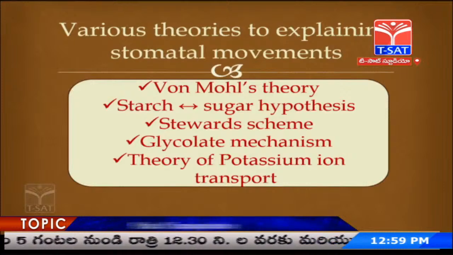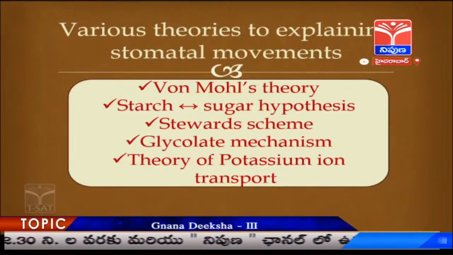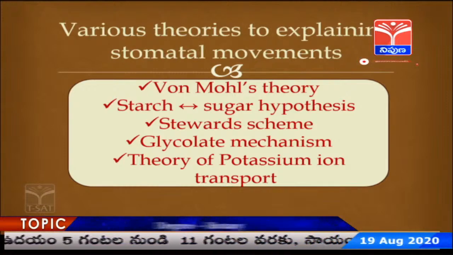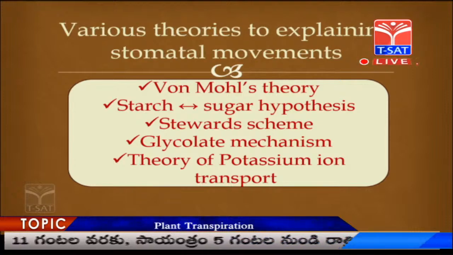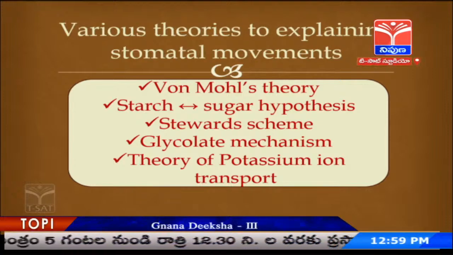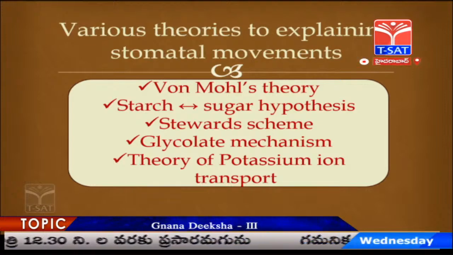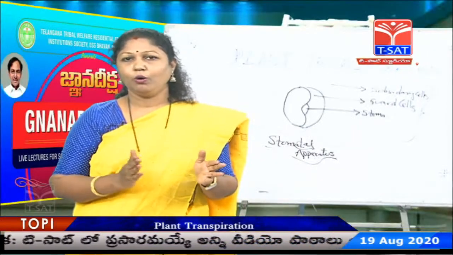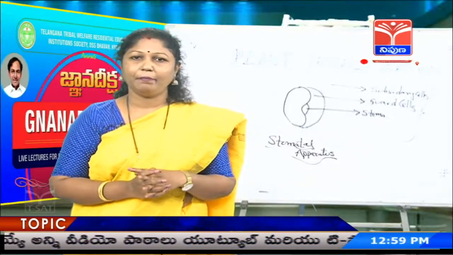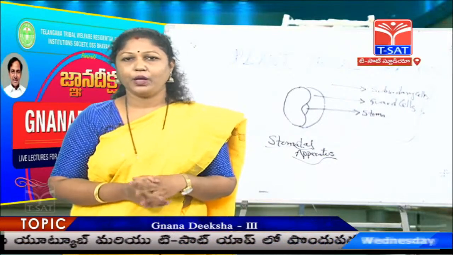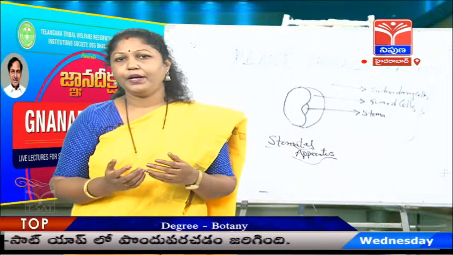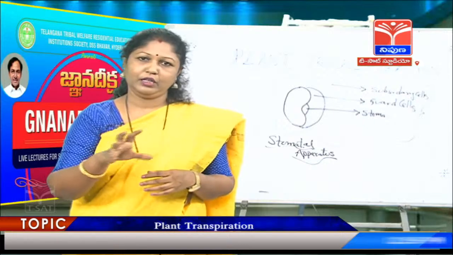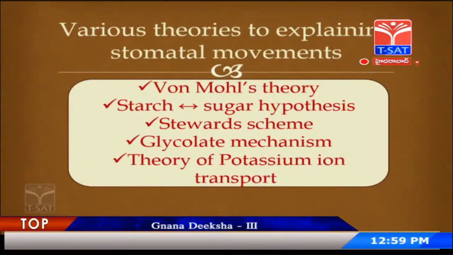Now, there are various theories trying to explain how these stomatal movements occur and at what point of time, because every plant has its own internal biological clock, and this clock is adjusted to the diurnal pattern, that is sunrise and sunset time. Major physiological processes also go side by side based on these diurnal patterns. So, different theories try to explain the opening and closure of the stomata, each with its own interpretation, but most of them are closely associated with photosynthesis.